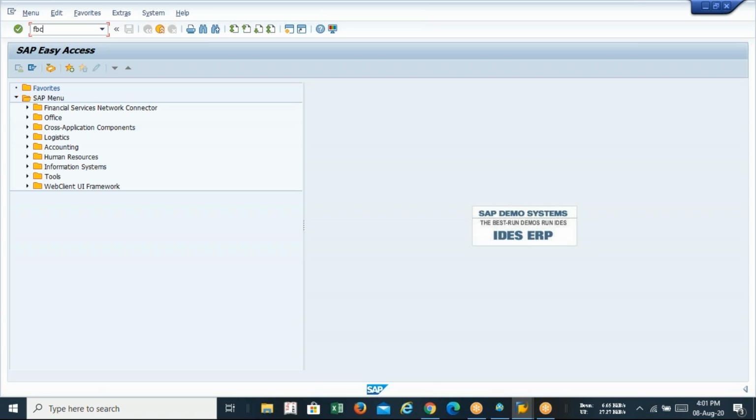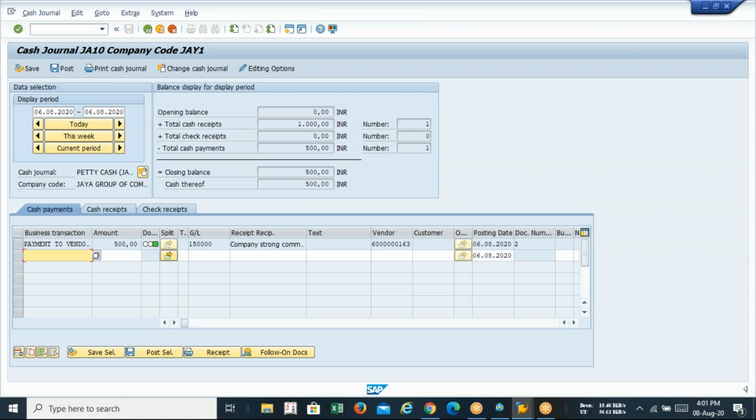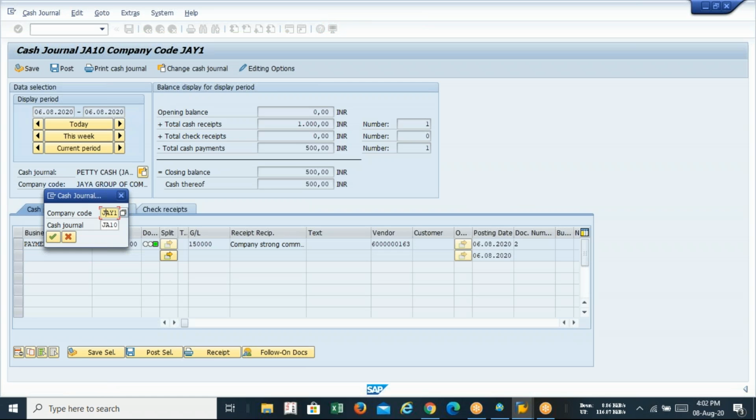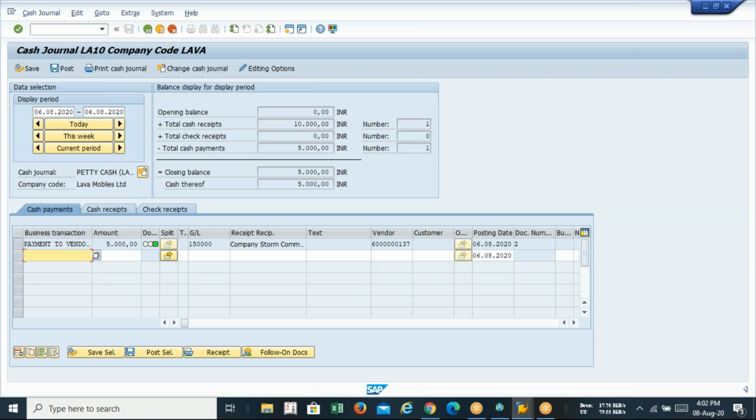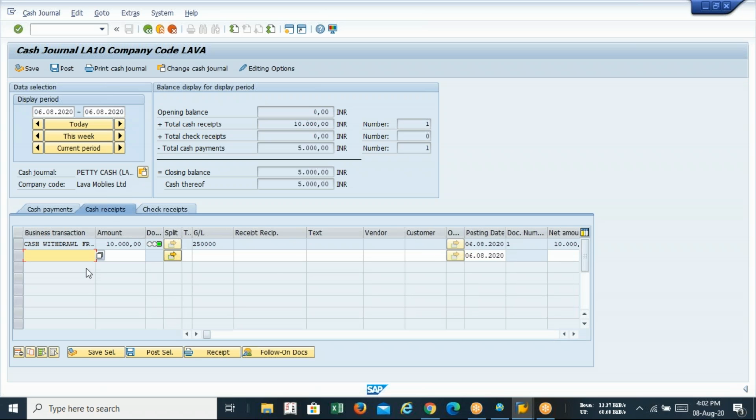Say, for example, I have posted a wrong entry in my company books. You know that a wrong entry can happen; I can post any kind of wrong entry.